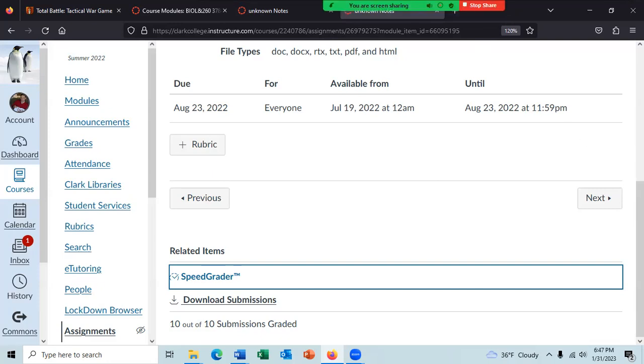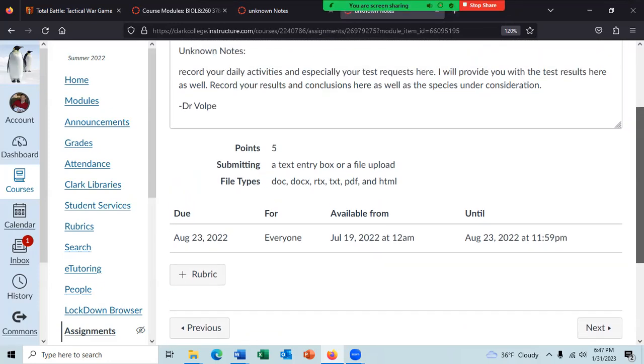You generally submit a document like a Word document, but it does accept a docx, a rich text format, a text document, a PDF file, and it does accept an HTML file. So it doesn't have to be Microsoft Word.